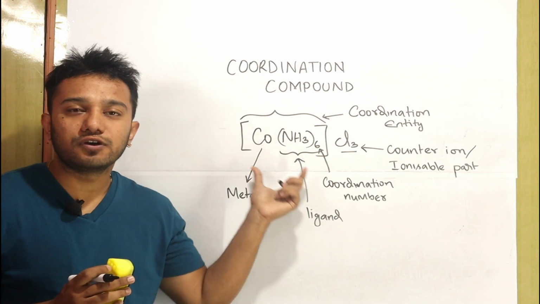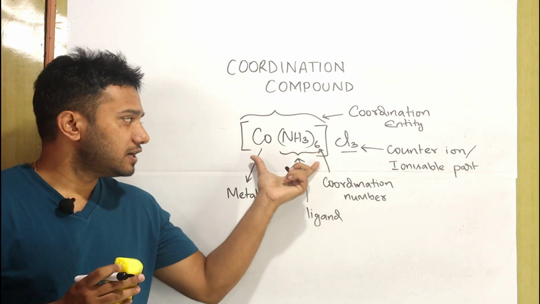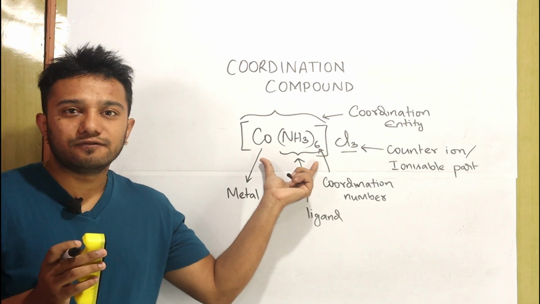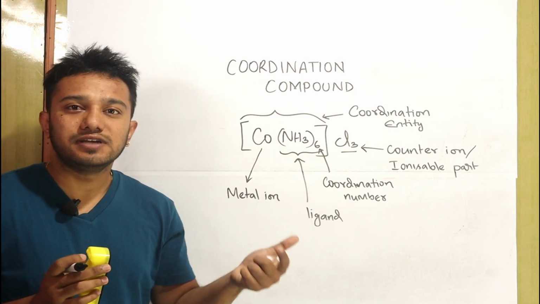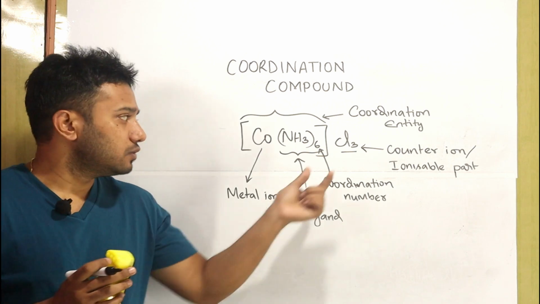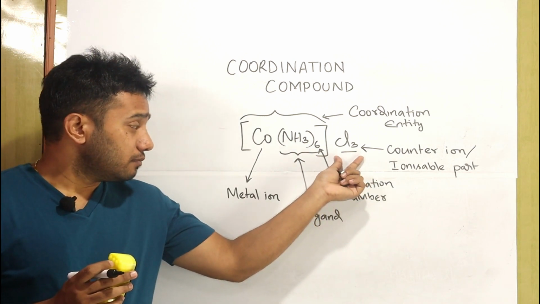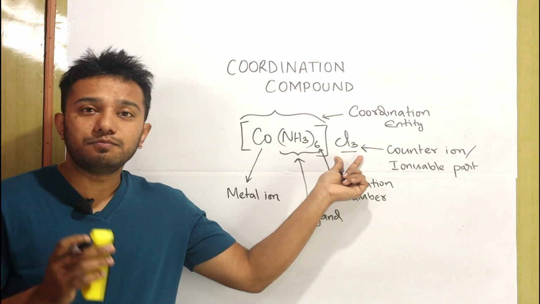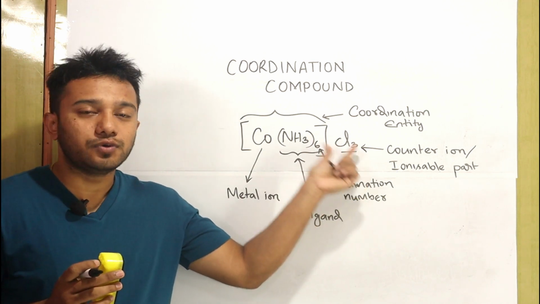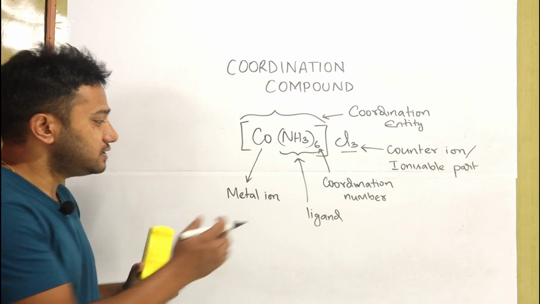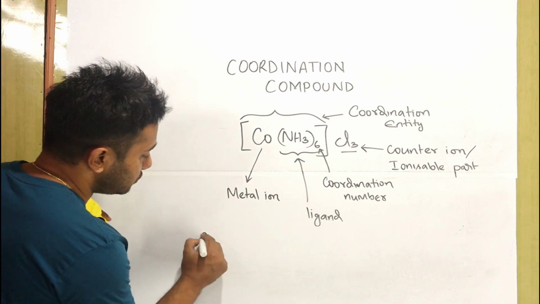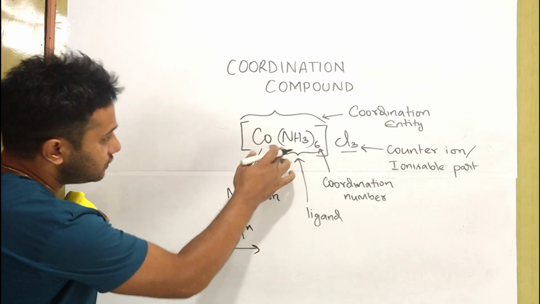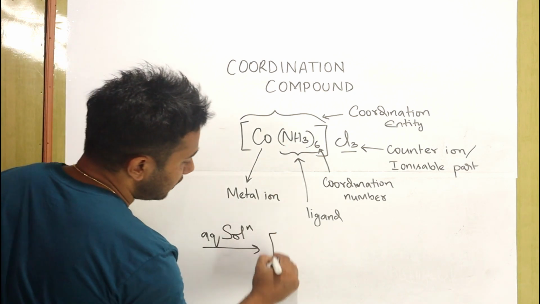So when you dissolve a coordination compound, this entire complex out here doesn't change itself. Its identity remains the same when you dissolve it in water. But this part, the counter ions, is the only part which is ionizable. So let's say if I dissolve this compound in an aqueous solution, you will have